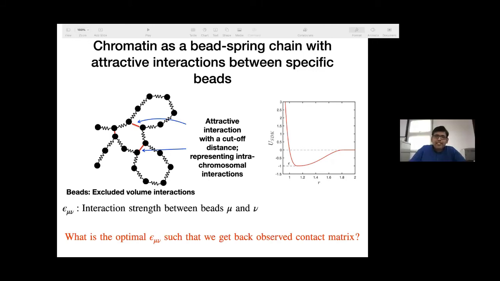Yeah, so this is a much more coarse-grained level. We have also done detailed modeling in a different context, but this is a much more coarse-grained level. Here, one bead is 10 kilobase of chromatin. So we just say that 10 kb of chromatin can be thought of as one bead. So this is a coarse graining procedure, and we follow that procedure. This is a very coarse-grained model.